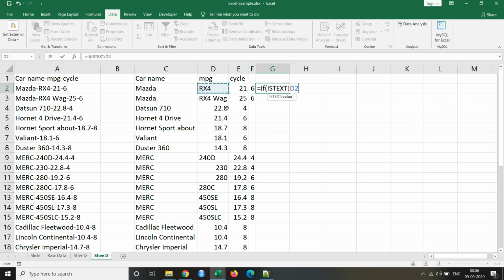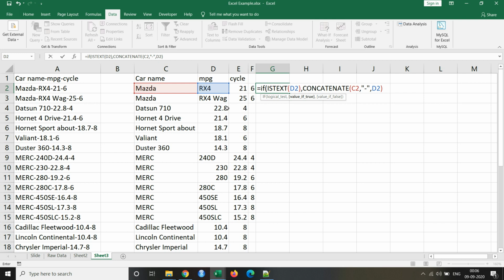So I'm using is text, then we'll concatenate this. In our original data we had dash Mazda dash RX4, right? So we'll add dash.